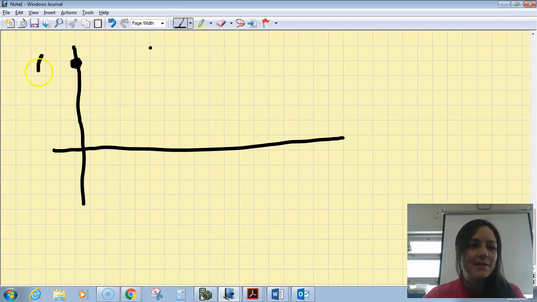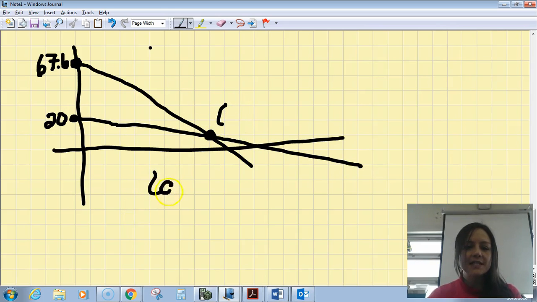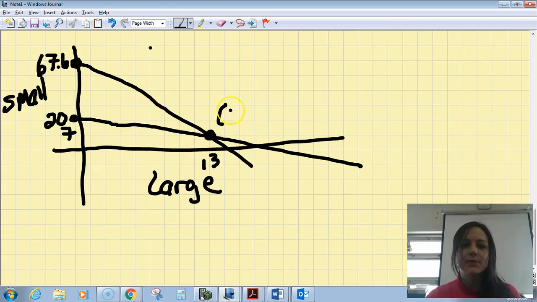This is going to be approximately 67.6, right? The y-intercept for that one. And the y-intercept for this one was just 20. Right? And I'm sketching it, so I don't have to have a good scale or anything. Then this one comes down like this, and this one comes down like that. And this is where they cross, where our large box is down here, right? So that's the point 13. And this is our small box on the y side. And that was 7. So they cross right here. The point is